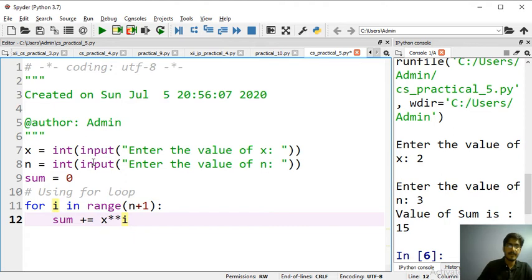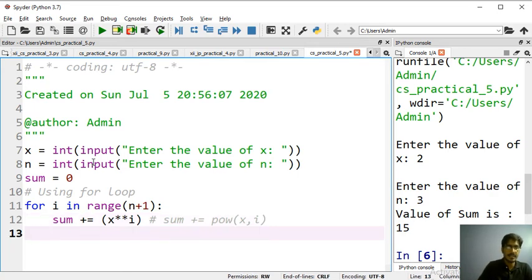Or you may use this syntax also, I am just giving it in a comment: sum plus equals the power function, power of x comma i. Both will work, you may use either as per your convenience.